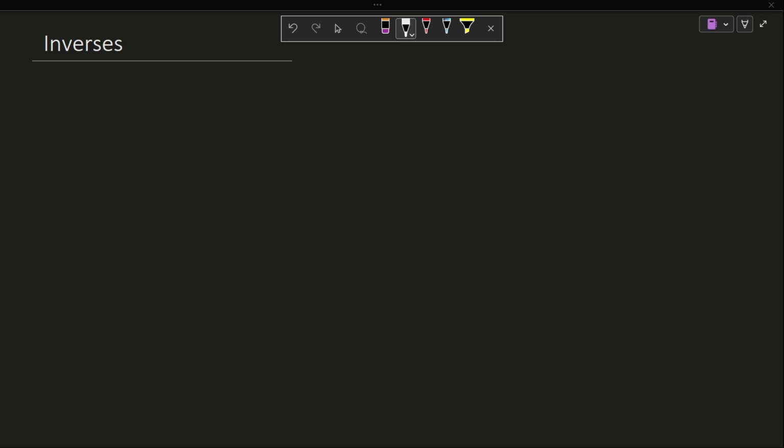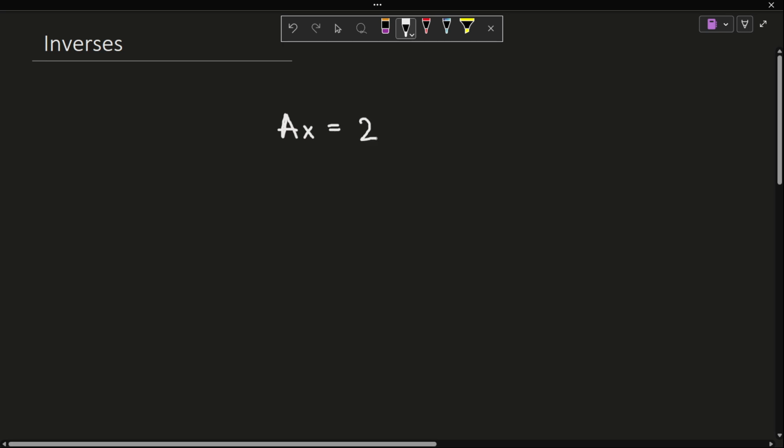Well, the way I want to define it is, let's say we have a linear system, right? We know, as we discussed in the previous video, which was lesson 1.2, if you haven't seen that, go check it out, Ax equals b. So we know this is how we can define a linear system as a matrix equation. And one thing that you might have noticed is that we can't just divide both sides of this equation by A like we could for a regular equation, because we don't know matrix division. We don't have an operation for that. Unlike something like 3x equals 9, where we can just divide both sides by 3, and we would get...